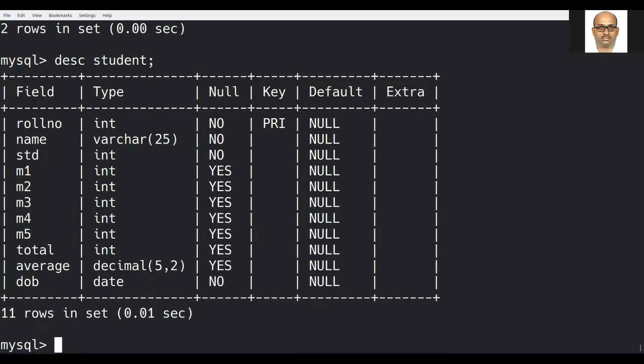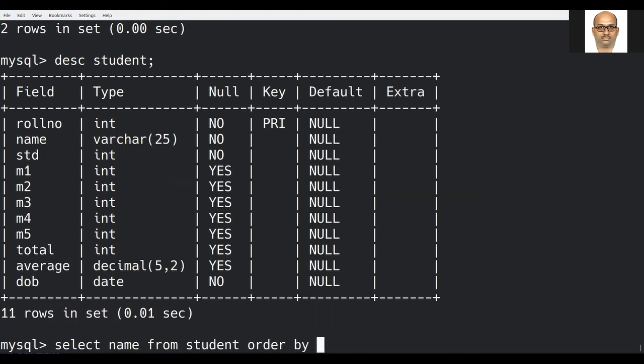Then moving on to the sort method, that is order by.